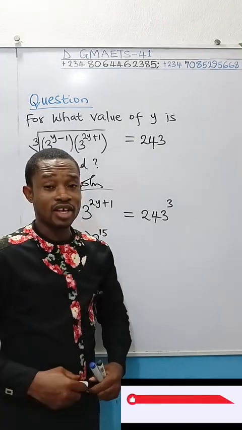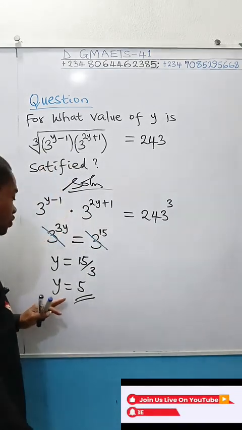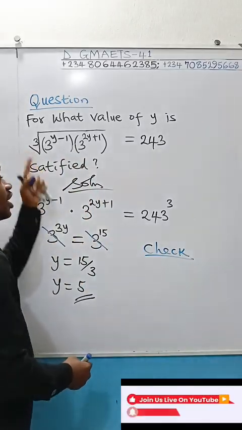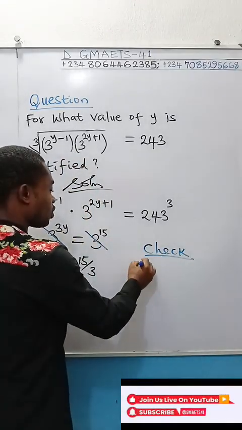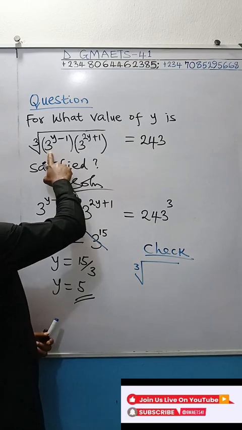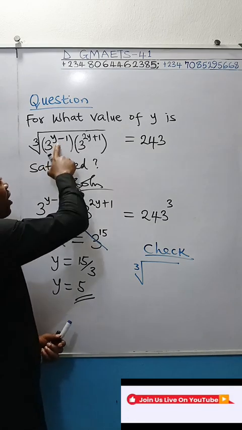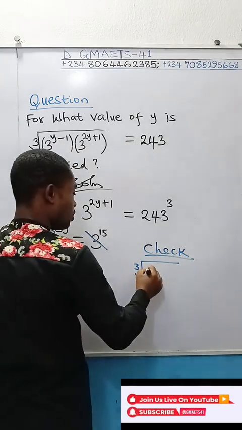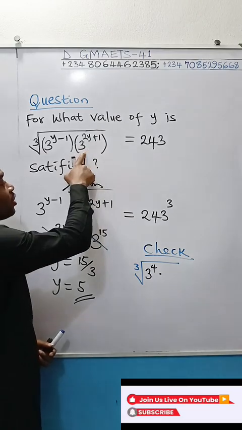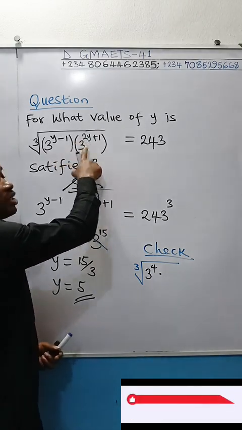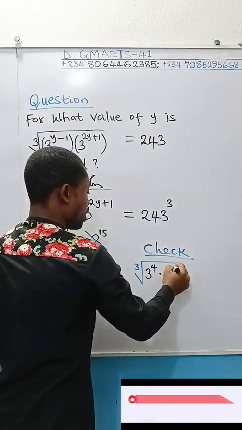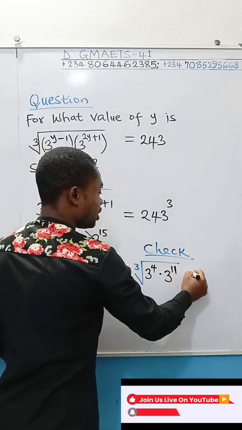You can test to find out that y equal to 5 satisfies this equation. If I come over to this, I have the cube root of this whole term, and the term is what? 3 to the power of 5 minus 1. 5 minus 1 will give us 4. So this is going to be 3 to the power of 4, then multiplied by 3 to the power of 2 times 5, which is going to give you 10. Add 1, you'll get 11. So 3 to the power of 11. And we're saying that this is equal to